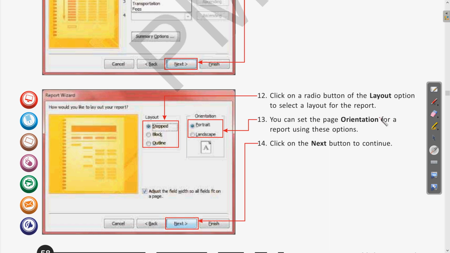As we have talked about, in portrait the length of the display will be more and the width will be less. So this is the portrait layout, and landscape is where the width is more and the length is less. Clear? So this is the landscape view. This way the orientation can be chosen for the report which we want to generate. Then click on the next button.